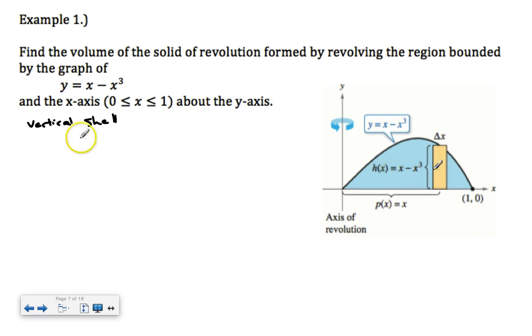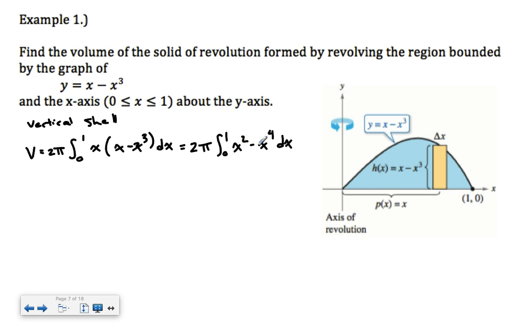So the volume will be 2 pi times the integral from 0 to 1 of the inner radius, which is x, times x minus x cubed dx, which is going to be equal to, and we're going to distribute out the x and clean everything up before we actually do our antiderivatives. So it'll be 2 pi times the integral from 0 to 1 of x squared minus x to the fourth